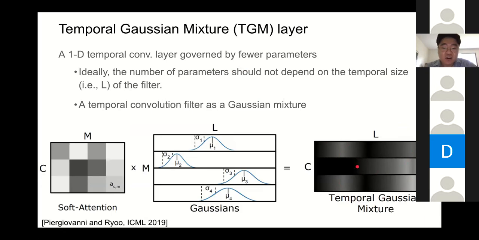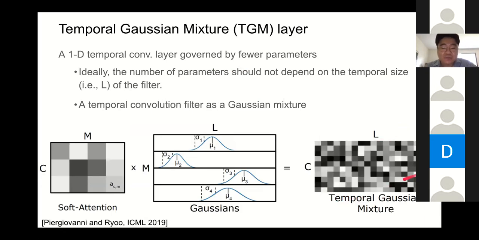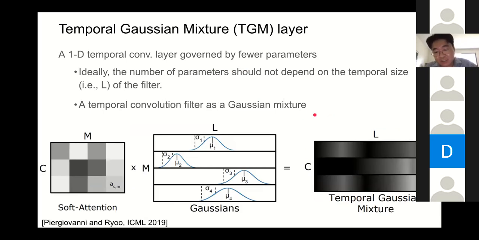But if we brute forcefully learn convolutional filters, this is the number of parameters you need to learn. You need to learn the value corresponding to each frame. And if your convolutional filter is over like 20 frames, learning 20 values over many channels could be quite a bit. However, if we model the filter values of the convolution in terms of the Gaussian mixture, for example, the number of parameters you need to learn are just the Gaussian parameters, mean and variance. And if we have a collection of them, and if we know how to mix them, we are able to have better convolutional filters covering larger interval without learning too many parameters.